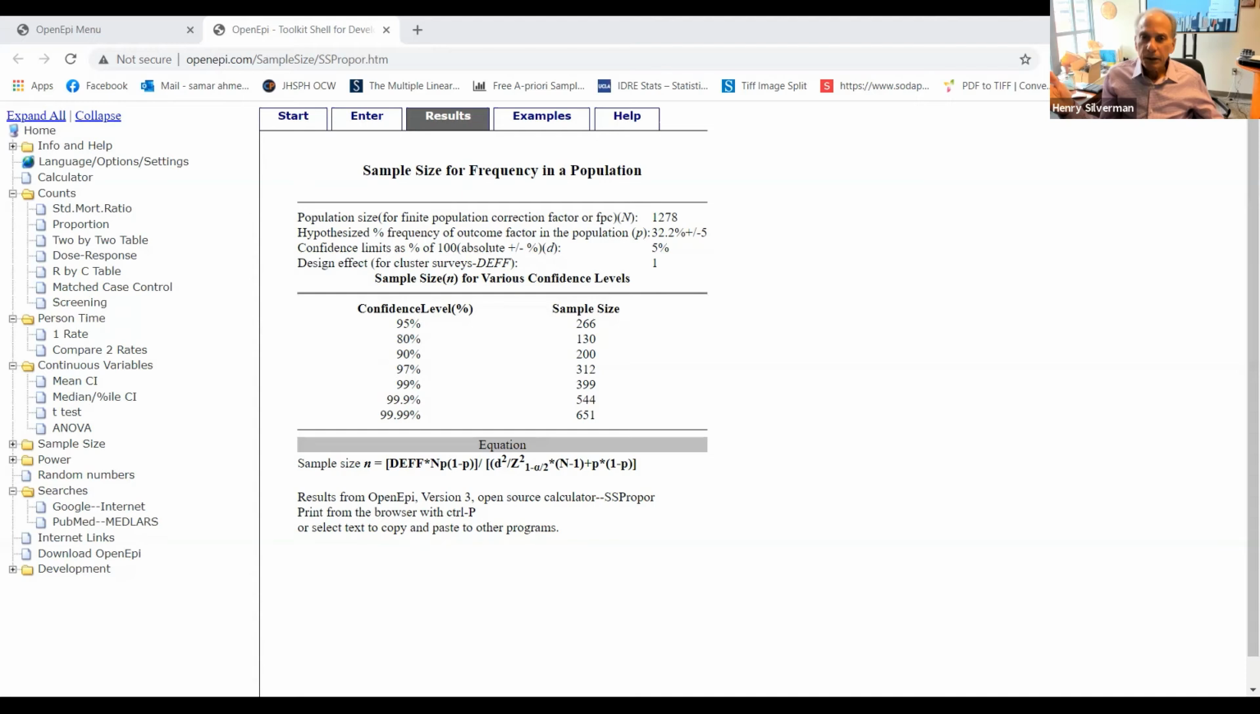I just don't understand what the sample size is. The sample size of 266 tells you that at that sample size,